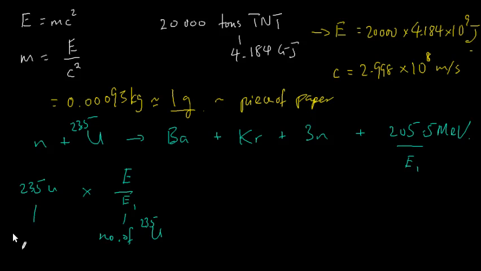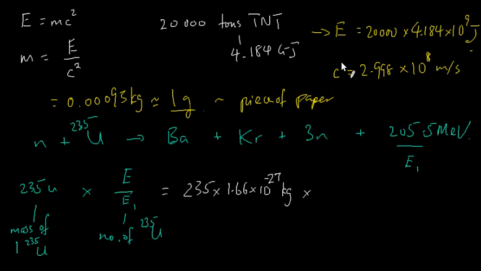So that would be the mass of one uranium-235 atom. Let me write this out in full: 235 times u, where u is the atomic mass unit, which is 1.66 times 10 to the power of minus 27 kilogram. And E, we already know from there,